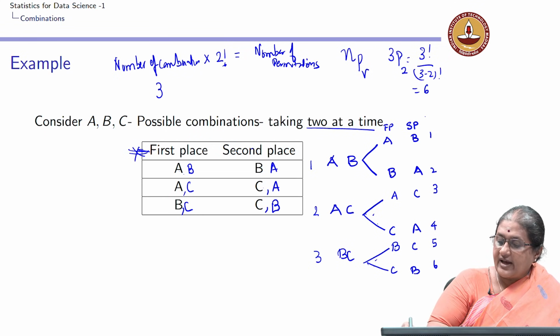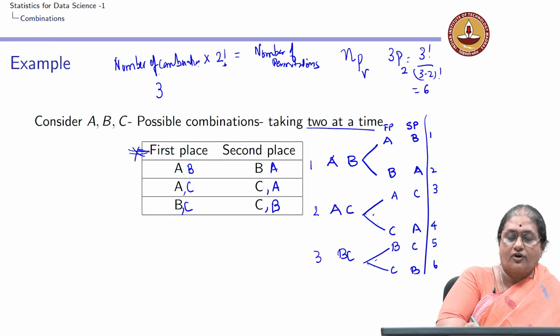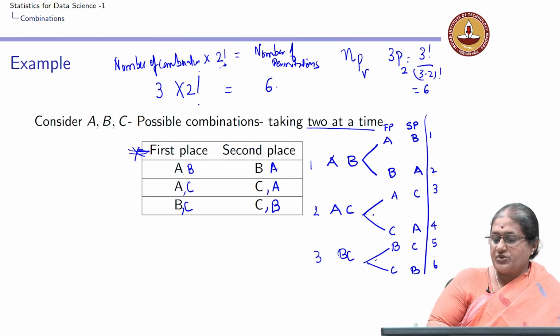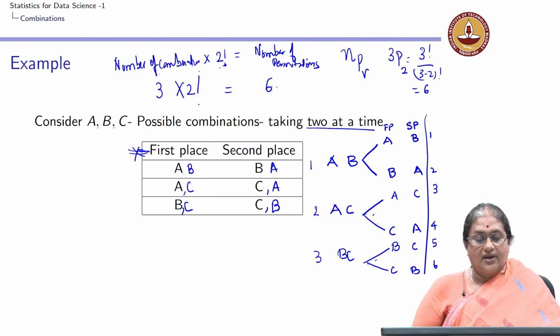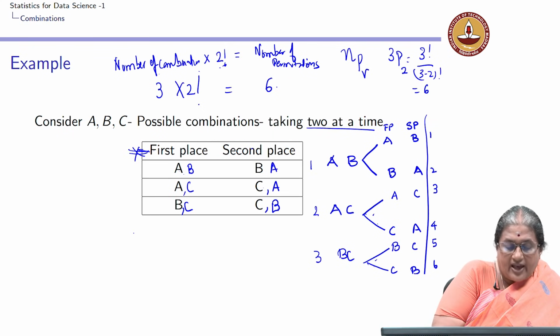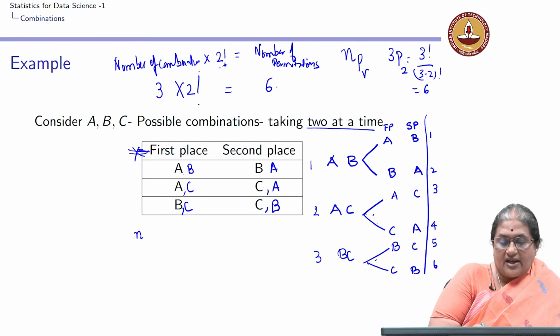So, finally, I have the number of permutations, which is 6. So, the number of combinations into 2 factorial is giving me the number of permutations, which was 6. I can extend this logic to n things. So, if I have n objects and I am choosing r from these n objects, then I can say that